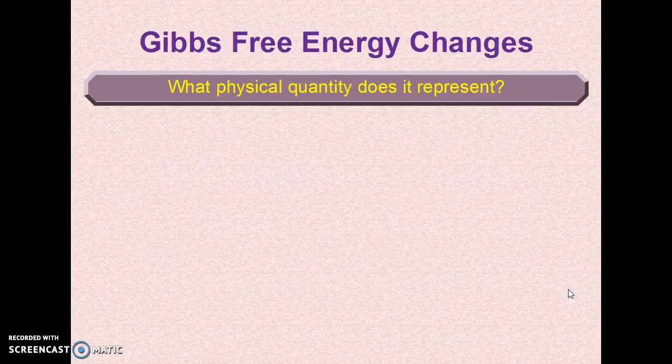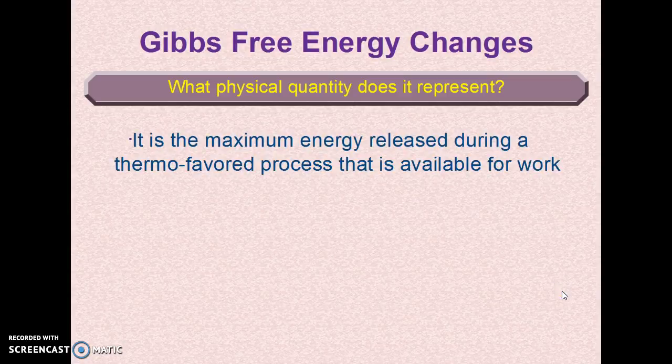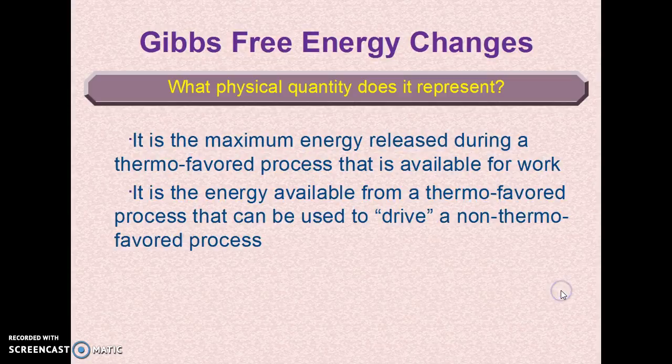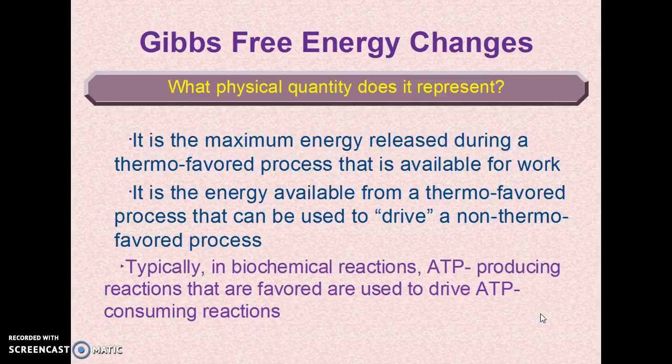Now, what physical quantity does the Gibbs free energy represent? It is the maximum energy released during a thermodynamically favored process that you could turn into work. It's the energy available from a thermodynamically favored process that could be used to drive a non-thermodynamically favored process. Typically in biochemical reactions,